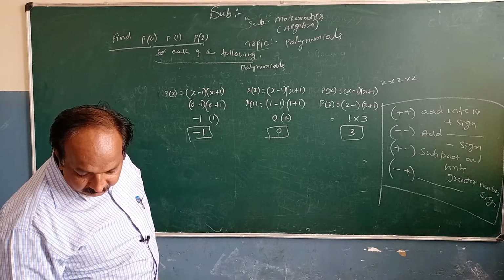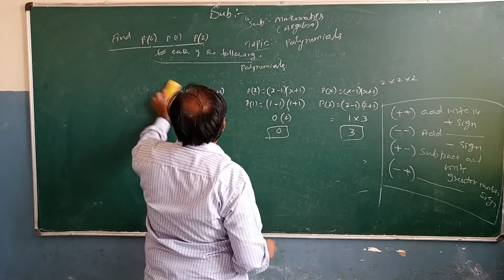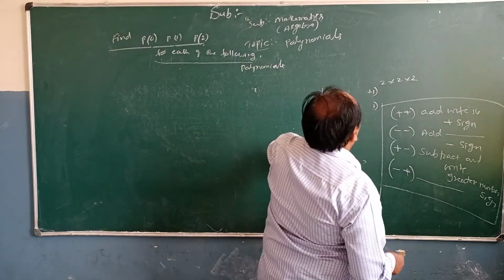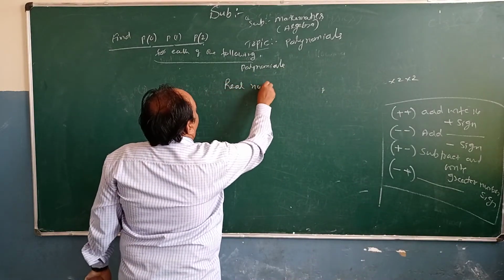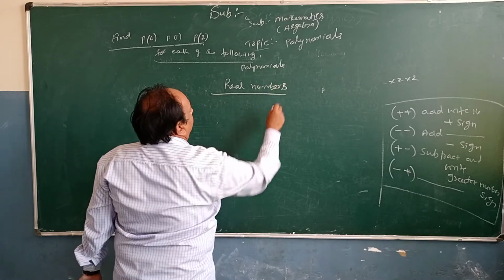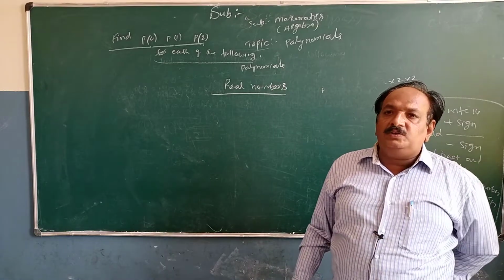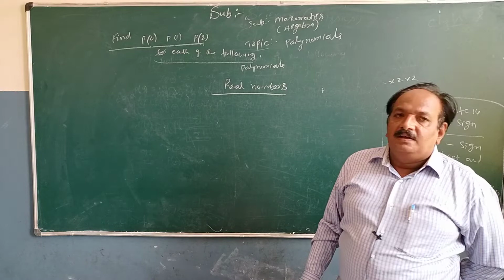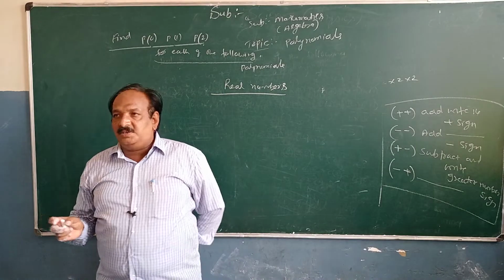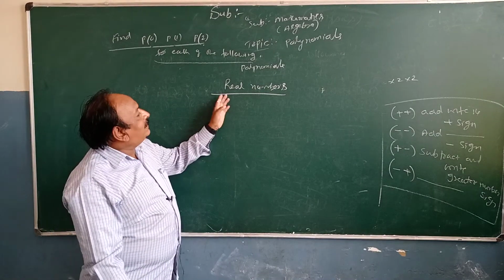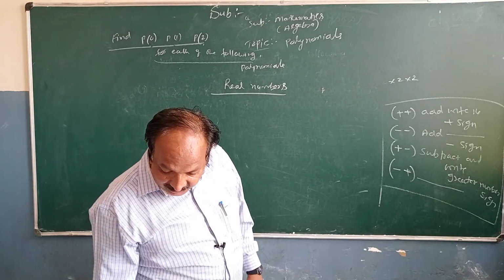Now, every real number. Do you know real number, my dear students? We have the concept of real number. What is a real number? In the number system, we are learning so many things: natural numbers, odd numbers, even numbers. Rational and irrational numbers are grouped under one set. That is called the real number set, or real numbers.